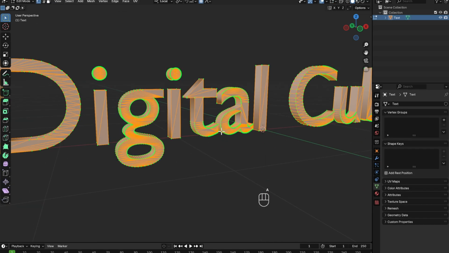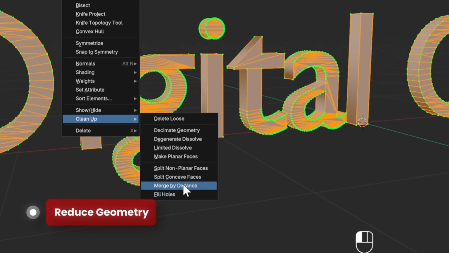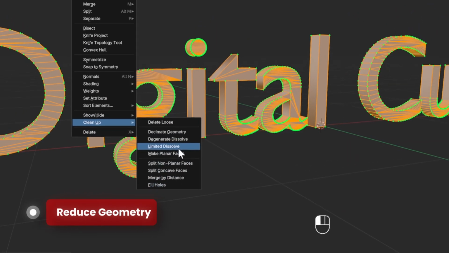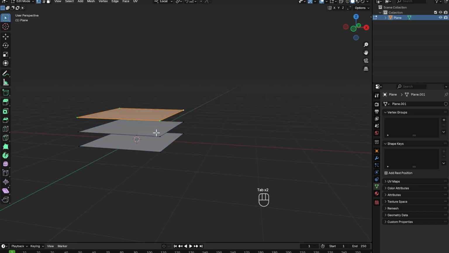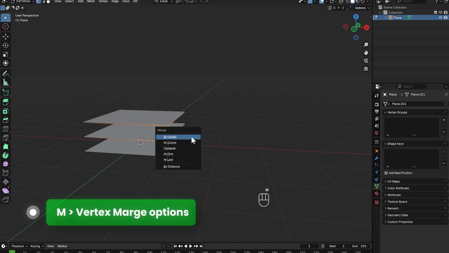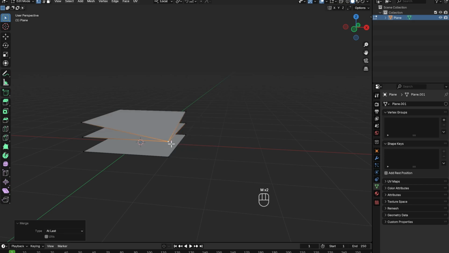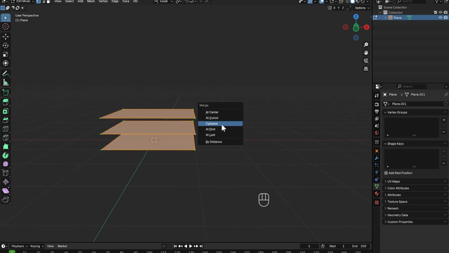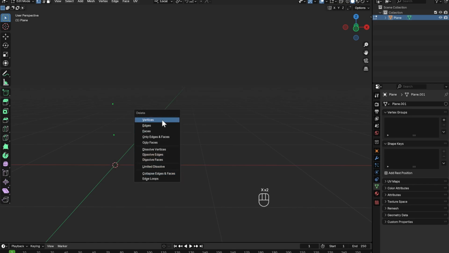If you want to clean up, go to clean up, then go to limited dissolve, and you will just get rid of that geometry. By merging, press M and you get the option, like first, last, cursor, collapse also. So at last, which is the last option we selected, and collapse, it will collapse all the individual objects into a single vertex. Now extrude,